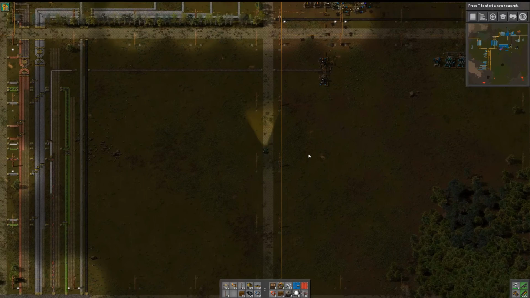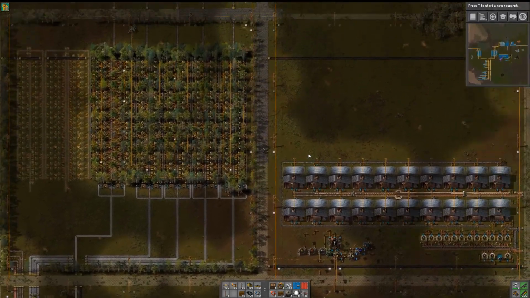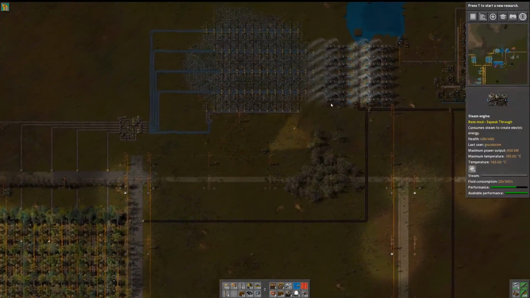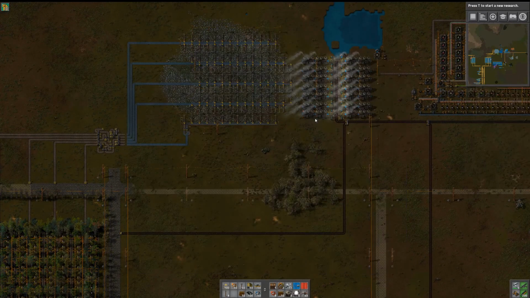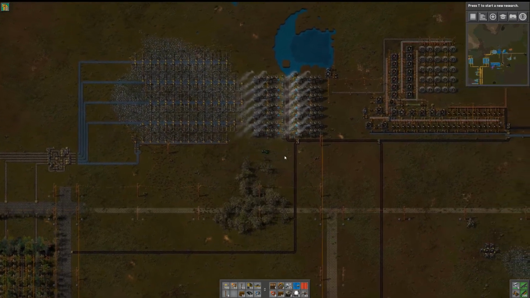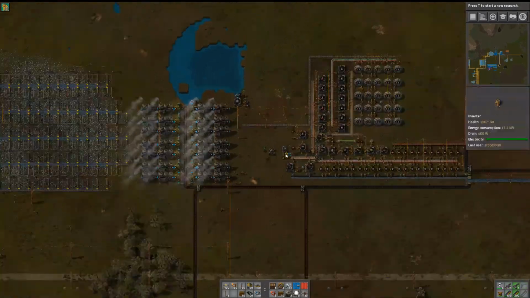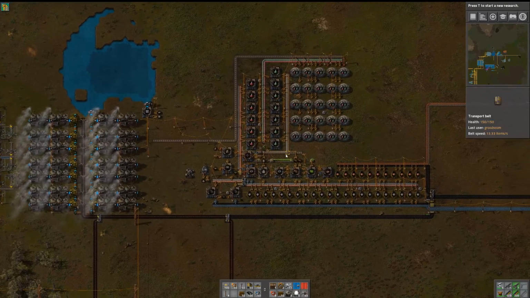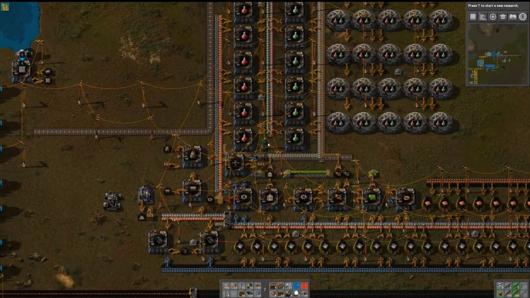And another thing to think about too is that we might be using a lot of electricity, and certainly when we turn on those mining drills, let's see where we're at right now. So wow, we're already using like 60-70% of our available power with this setup, so we might want to think about moving that as well. But for now, let's pull apart this area over here for producing green and red science,